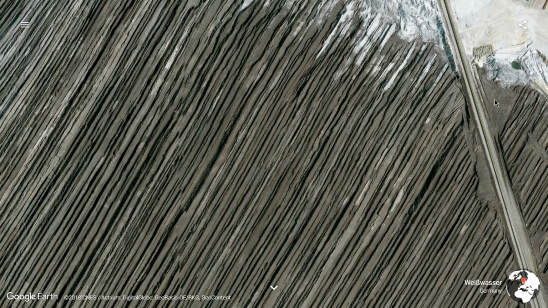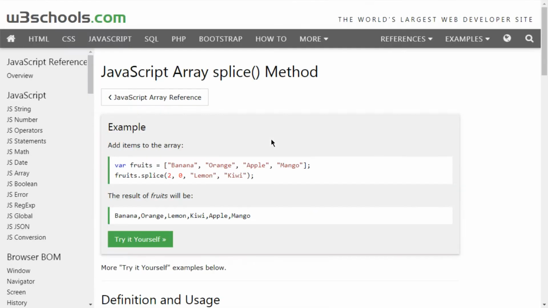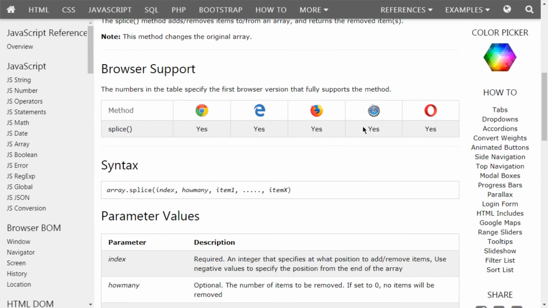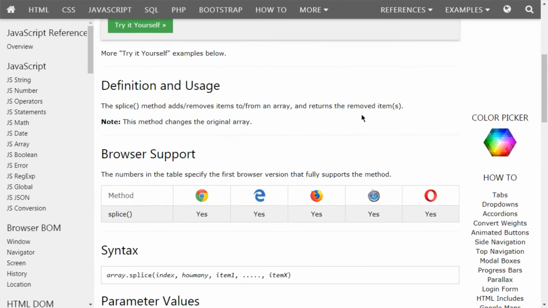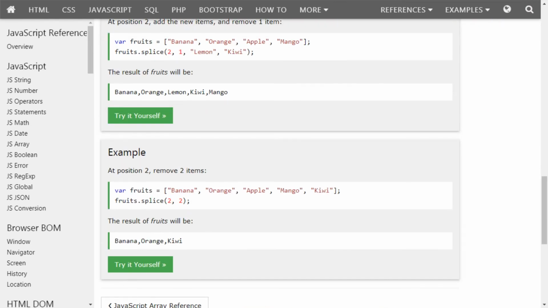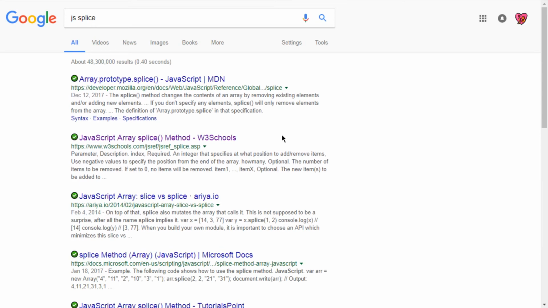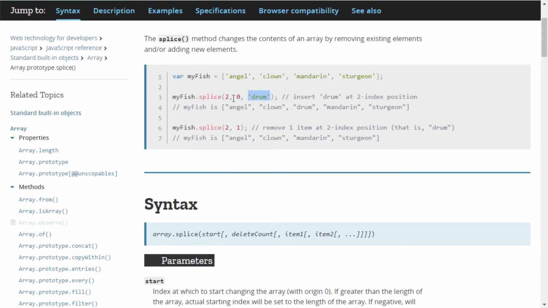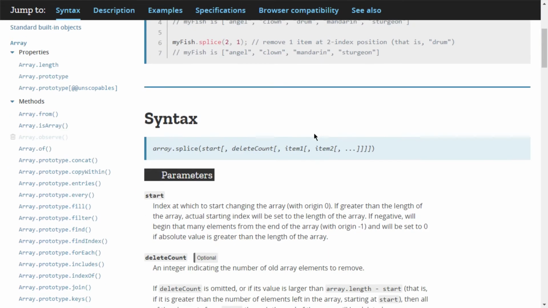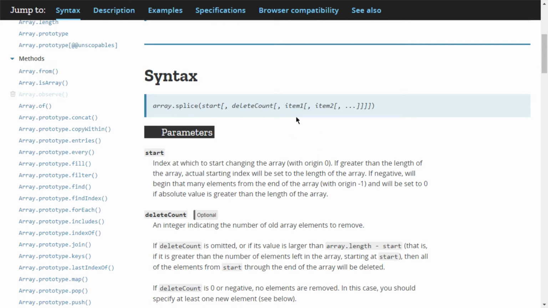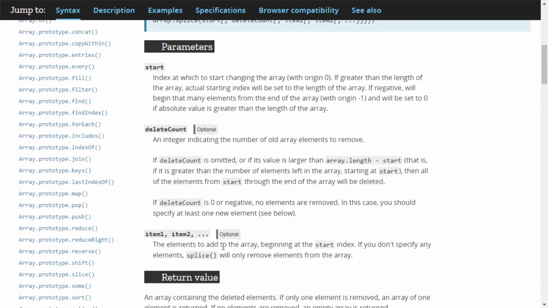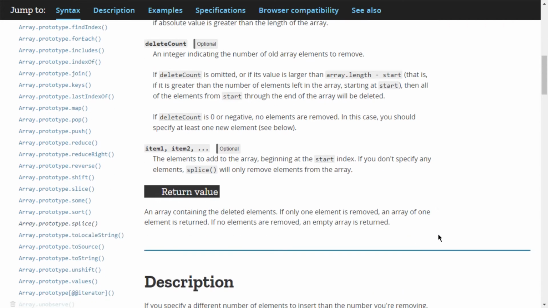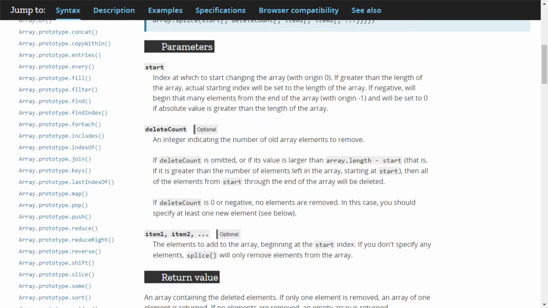So JS splice, let's just search that. Yeah, okay. So good old W3 schools here. Actually, I'd probably be better off just looking at the docs here. Yeah. Okay, so my question is, can this depend on these over here? Start, delete count, and then just items. If you don't specify any, it'll just remove. Could it get those items somehow? I'm wondering, like,